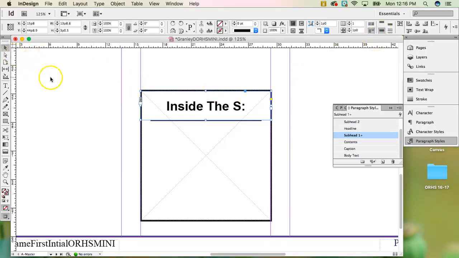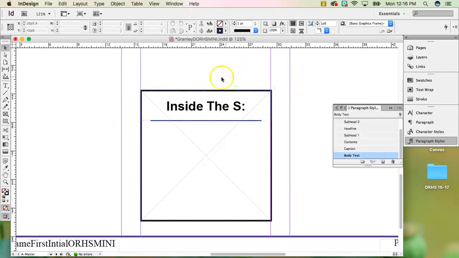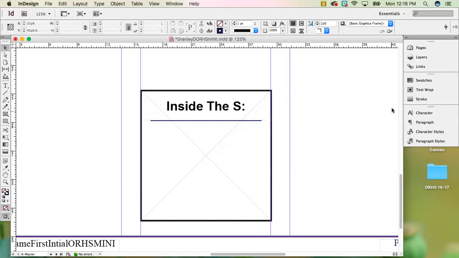Now that that's done, you can click anywhere on your artboard to get rid of your bounding box. I'm going to go ahead and close my paragraph styles, since I no longer need them. Now we need to create a little logo here in the bottom right corner. So first thing I'm going to do is take my